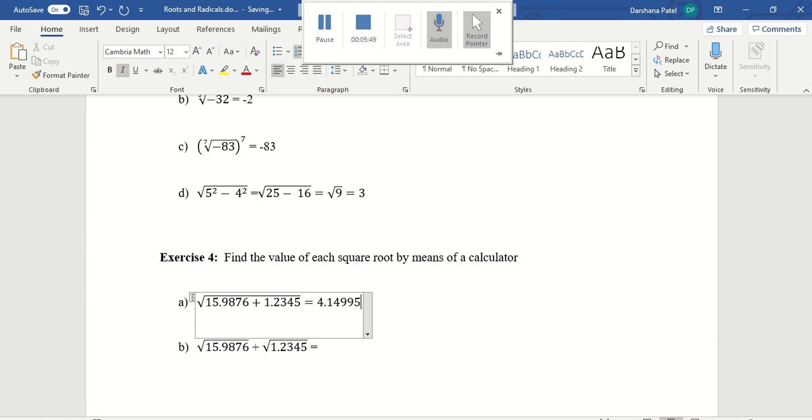4.14995, and the rounding rule says, if I were to write more decimals, because it is adding and then taking the square root at the end, we should look at the number of significant digits, the lowest in the question. This has 6, this has 5. So the final answer should have 5 significant digits, which will be 4.1499. That's already 5. The next 5 will round it up. So it should be like this. This will be the correct way to round it.